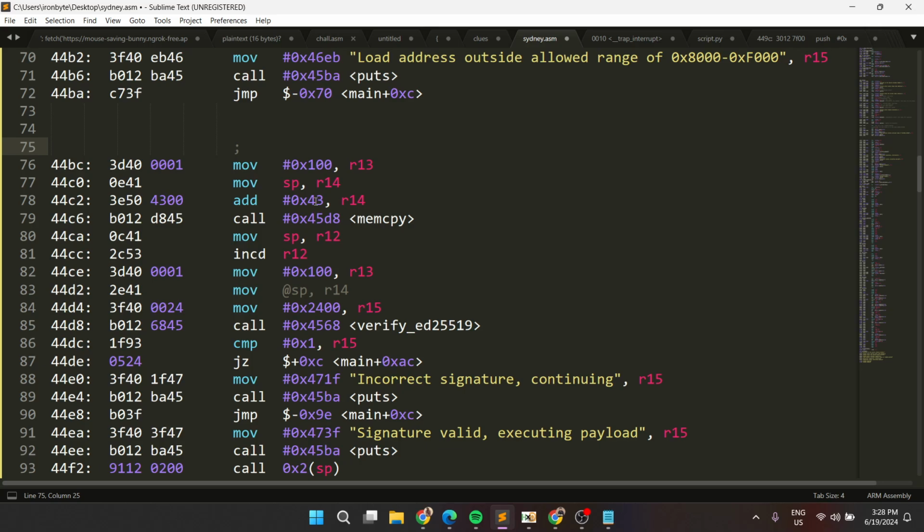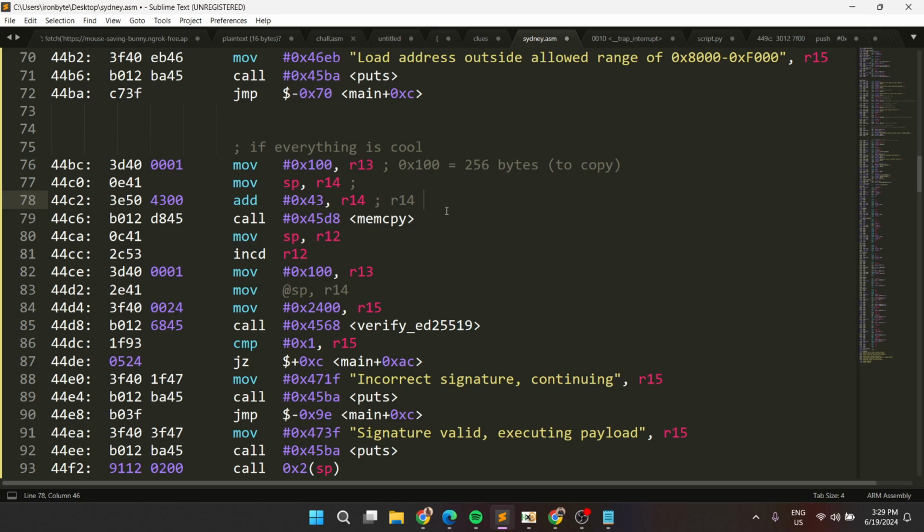Yeah. So what do we have in here? If everything is cool, we jump in here, and we actually start copying something. So it's memory copy. We will be copying 0x100, which is 256 bytes. We will be copying from the register 14, which is already pointing to